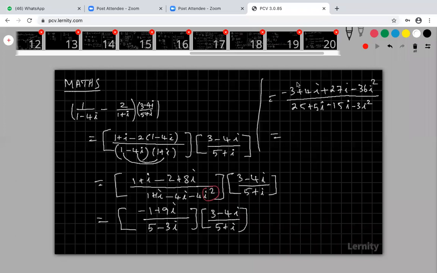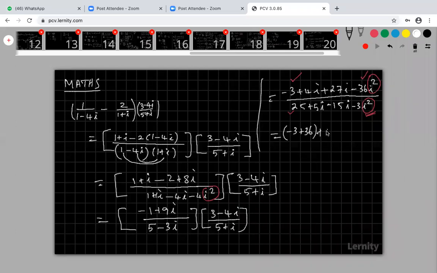Just multiply. So here look at that. Here my i square is minus 1. Here also my i square is minus 1. We know the value of i square. So therefore these two terms have no i, because my i square will be minus 1. Here these two terms, 25 and minus 3i square, have no i terms, that are called real parts. So this real part is minus 3, here actually plus 36. My real part is minus 3 plus 36, because my i square is minus 1.